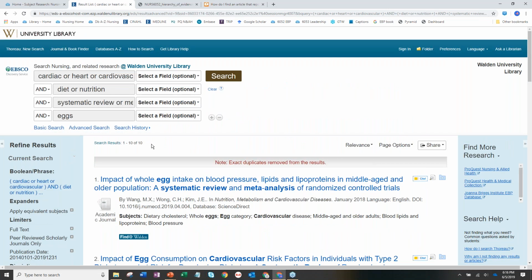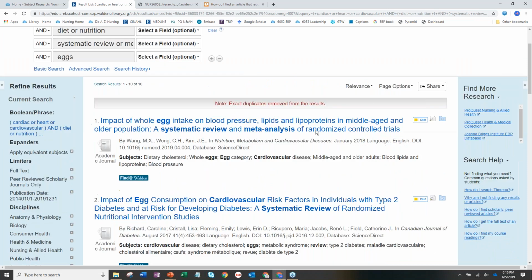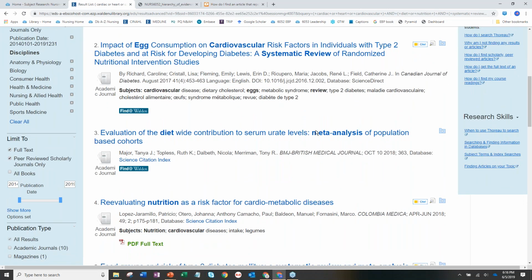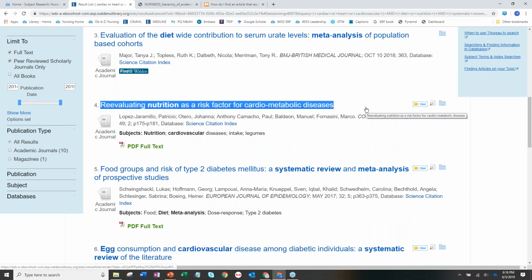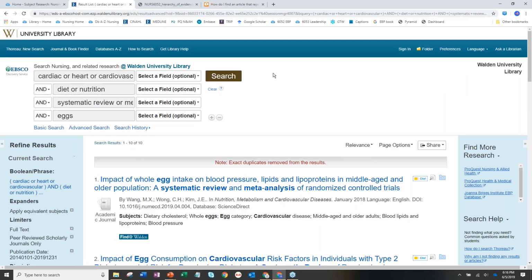because this is 10, looks like pretty good articles here in the last 5 years, reevaluating nutrition as a risk factor, because that's really just one of our controllable aspects of disease control, right? My husband's freaking out because everything he puts in his mouth, he's saying, am I allowed to eat this or